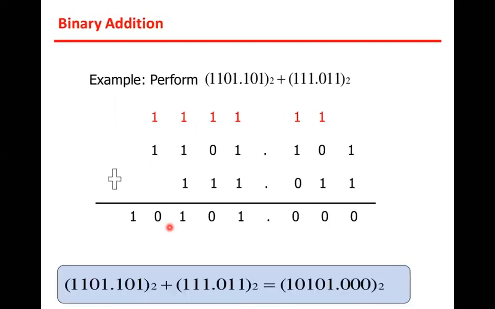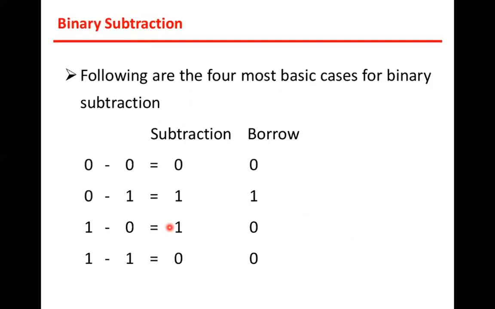We can have the decimal in the same manner. That doesn't make any difference; in the same manner we can get it. And next is the binary subtraction. Again, there are 4 rules. 0 minus 0 is 0. 0 minus 1 is 1